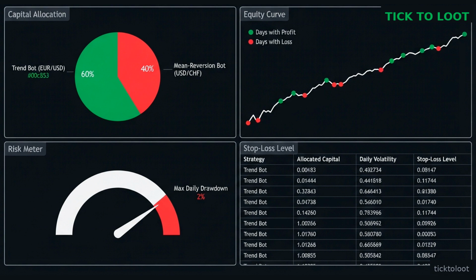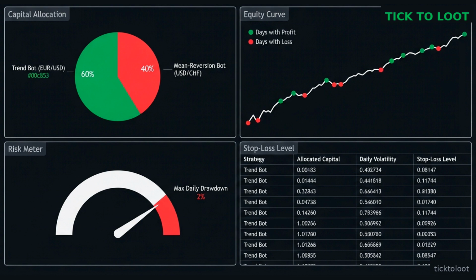The practical rule: always embed diversification inside a full risk management plan. Decide on allocation percentages, set daily drawdown limits, and define stop-loss levels for each algorithm. Then monitor everything on a single dashboard so you can see the big picture at a glance. This integrated approach keeps you protected, helps you stay disciplined, and gives you confidence to let multiple bots work together